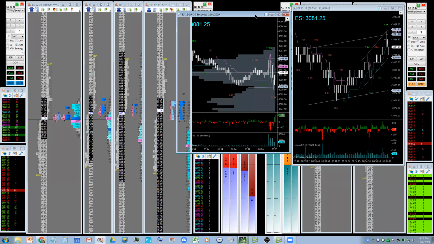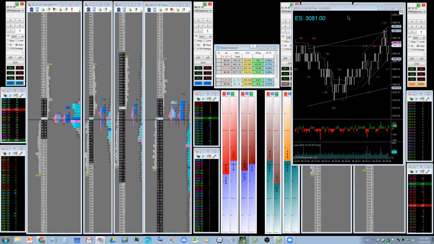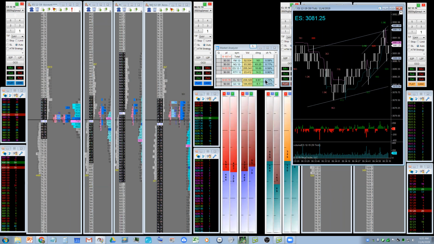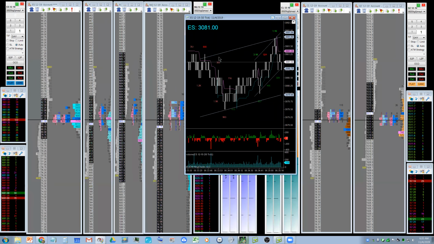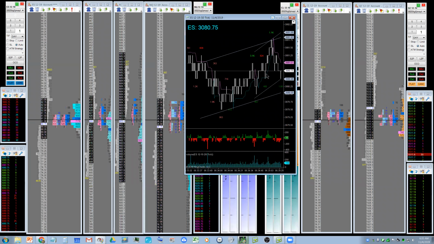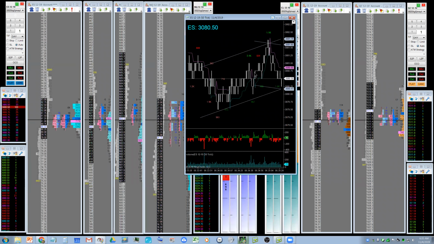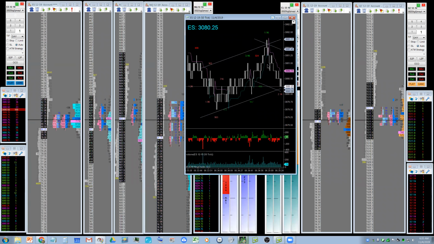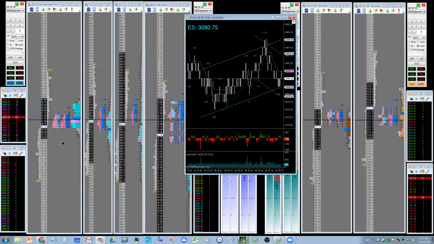Let's just leave the tick chart up for now. So you can see what's happening if you look at this, guys. We've got this kind of bias to the upside in a big range. 2 points is not necessarily real big in the ES, but for a gap this size, it's a small range, and so it's indicating tightness.